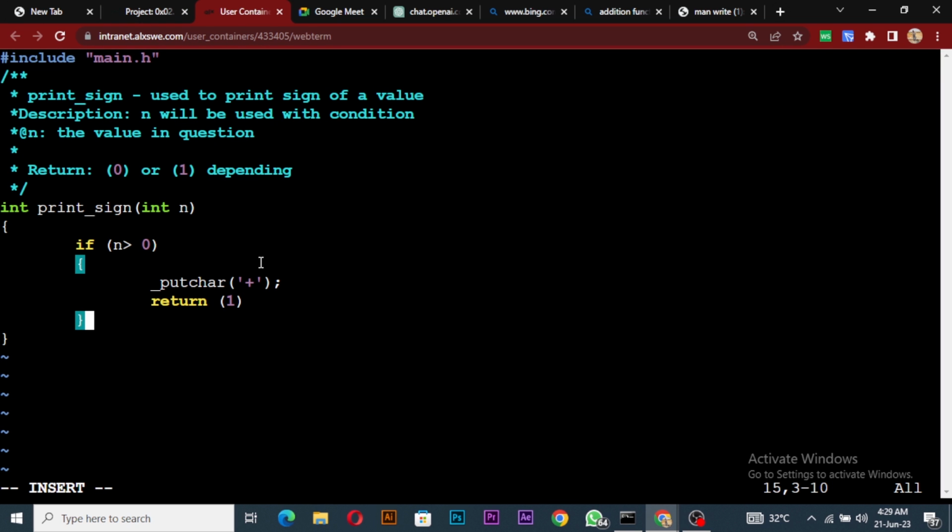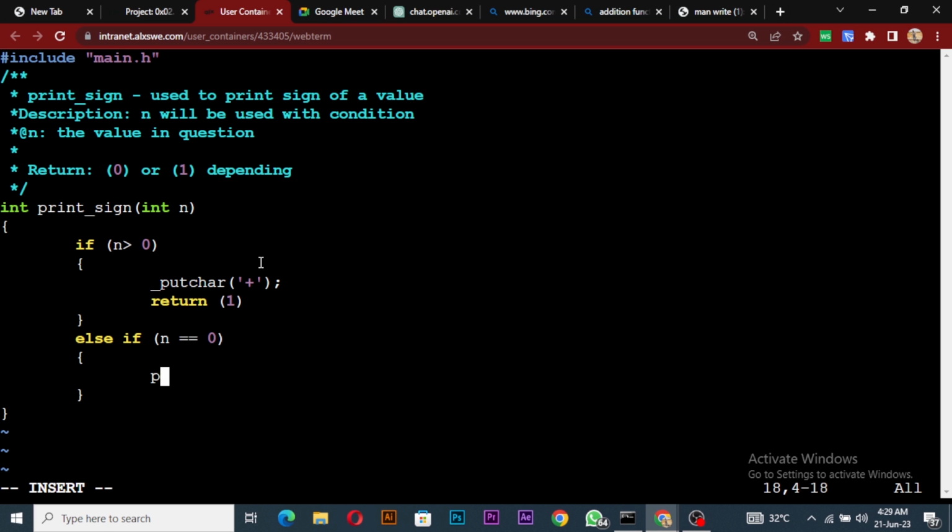So we just have an else if here. Else if, right, if n is 0, if n equal to 0, so you can see